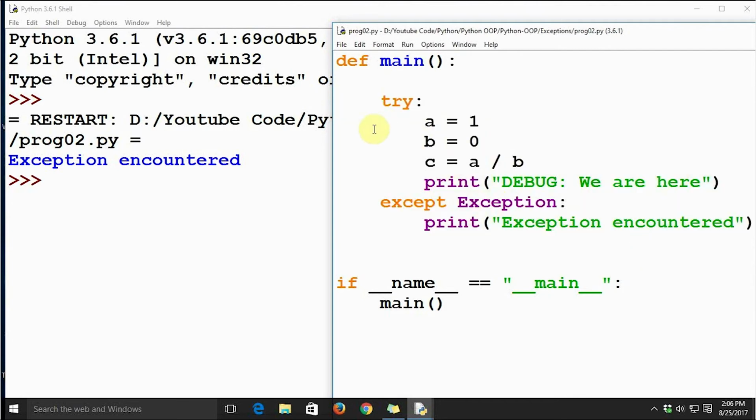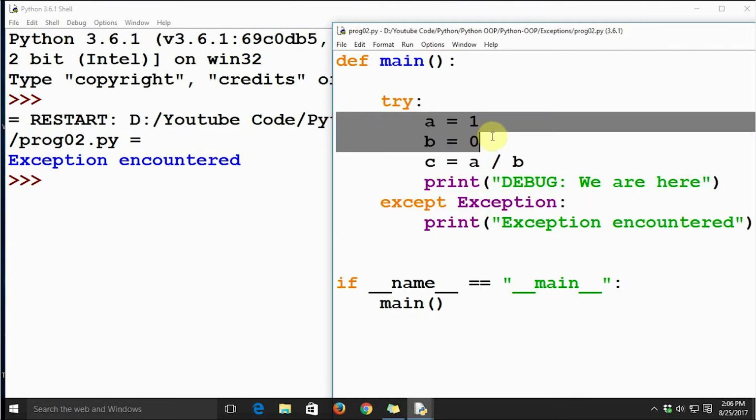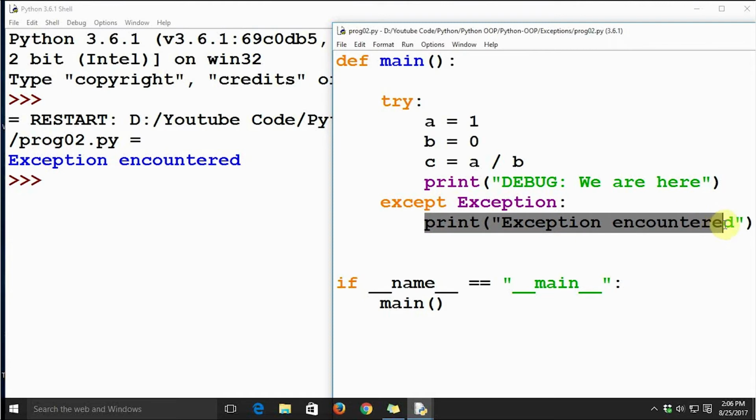It assigned a equal to 1, b equal to 0, then tried to calculate the value of c, which is not calculable, and then it threw the exception. It caught the exception here, printed the statement exception encountered, and then terminated the program. This is how we can handle the exception.